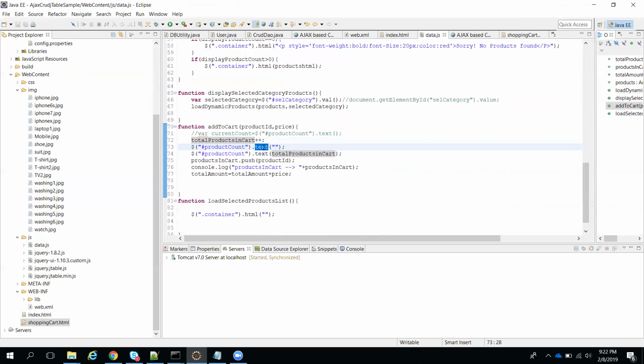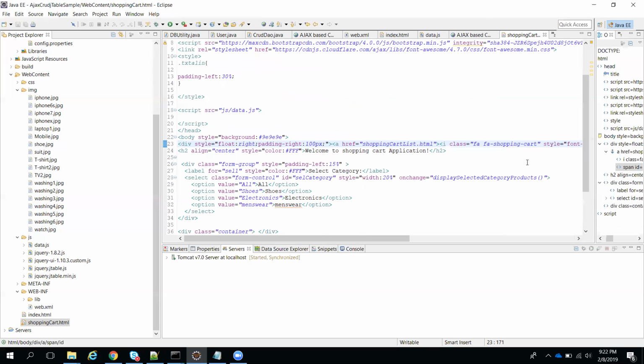Dot text is similar to dot html, but dot text clears only text, not html. At present our 0 is a number, it is text, so it will clear the previous value, and whatever you give inside dot text, it will add that value inside that particular HTML. Meaning this product count, we have a span tag, right? If you see here, we have the span tag.